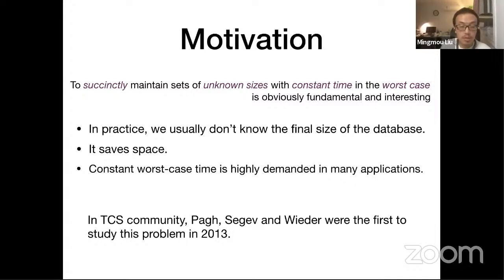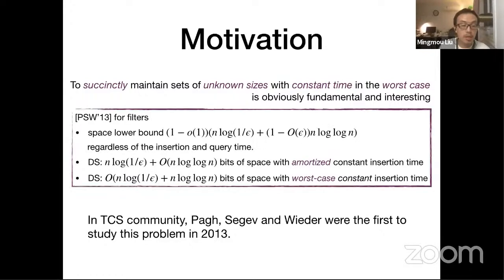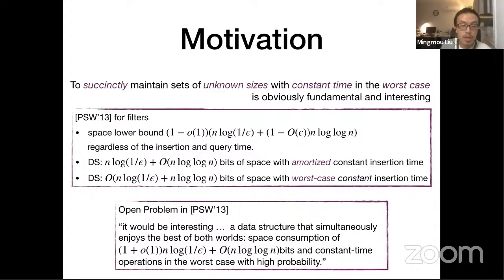In the TCS community, Pagh, Segev, and Wieder were the first to study this problem. In their seminal work, they proved a lower bound for the filters and provided two data structures. PSW left an open problem. They asked if there is a space and time efficient